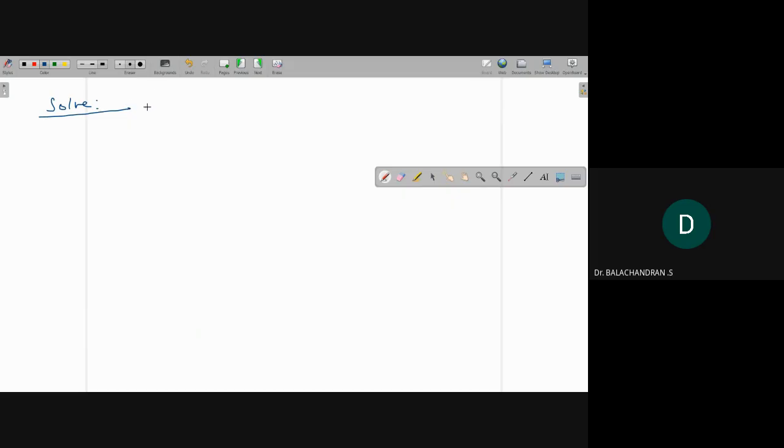Z square into p square by x square plus q square by y square equal to 1. And then second problem,